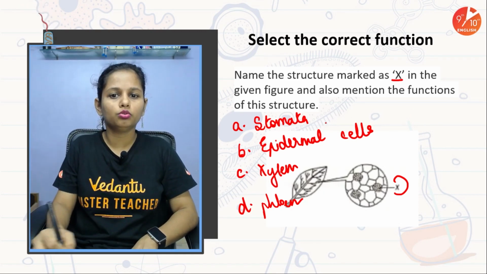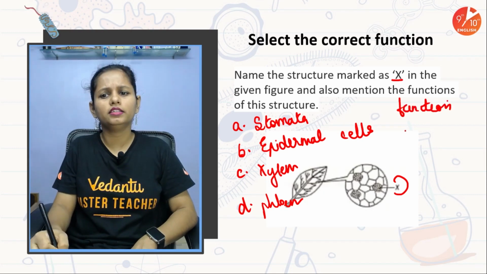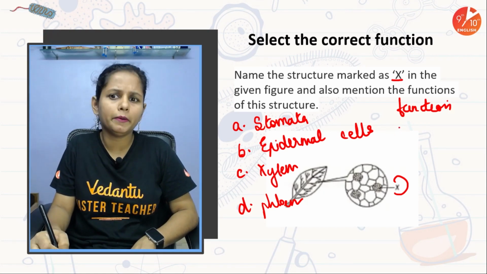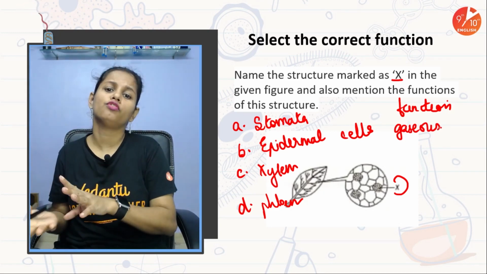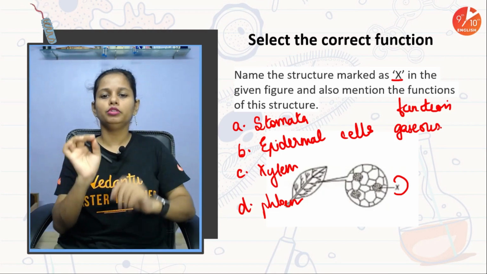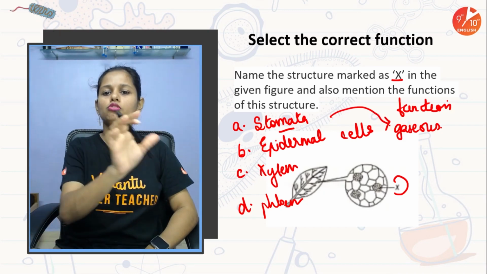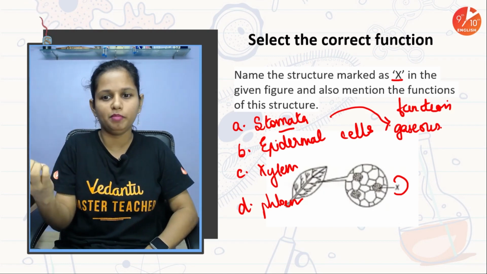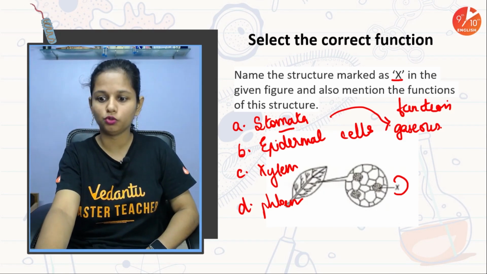Okay. So here the structure is column A, this column would be of function, and then they might give you just function. It could be like gaseous exchange, or it can be transportation of water, transportation of food, storage of food, something like that. Okay, so you need to pick up that stomata is the structure and the function is gaseous exchange. So you need to pick up that pair and then answer it. They may even ask you to pick up that kind of pair. Okay, but it would be basically based on the diagram. So yes, it could be that way.